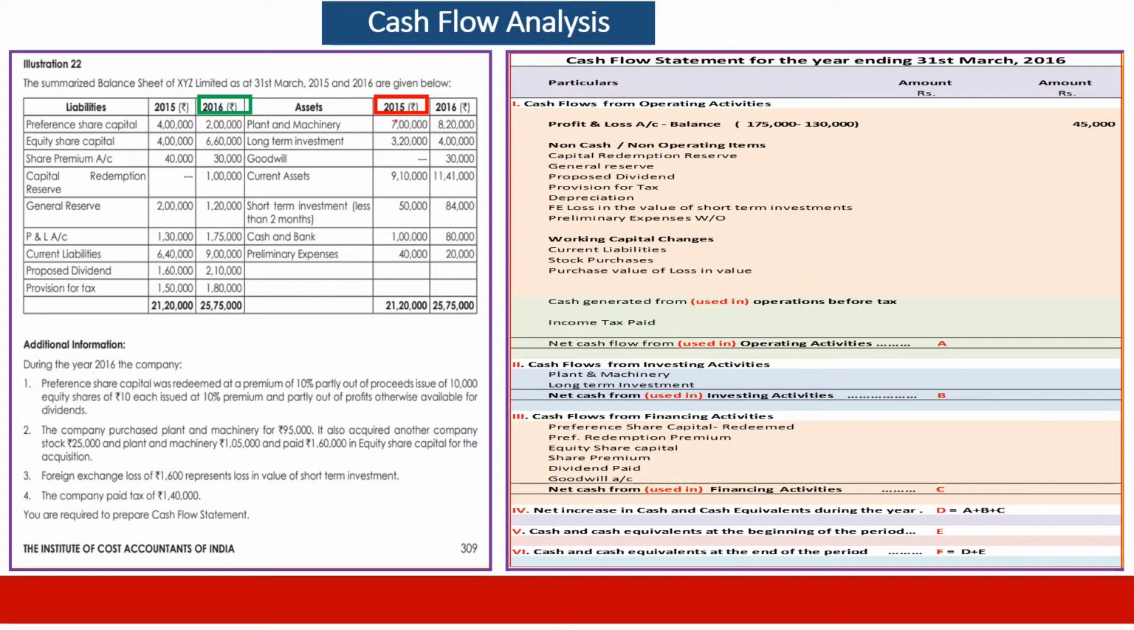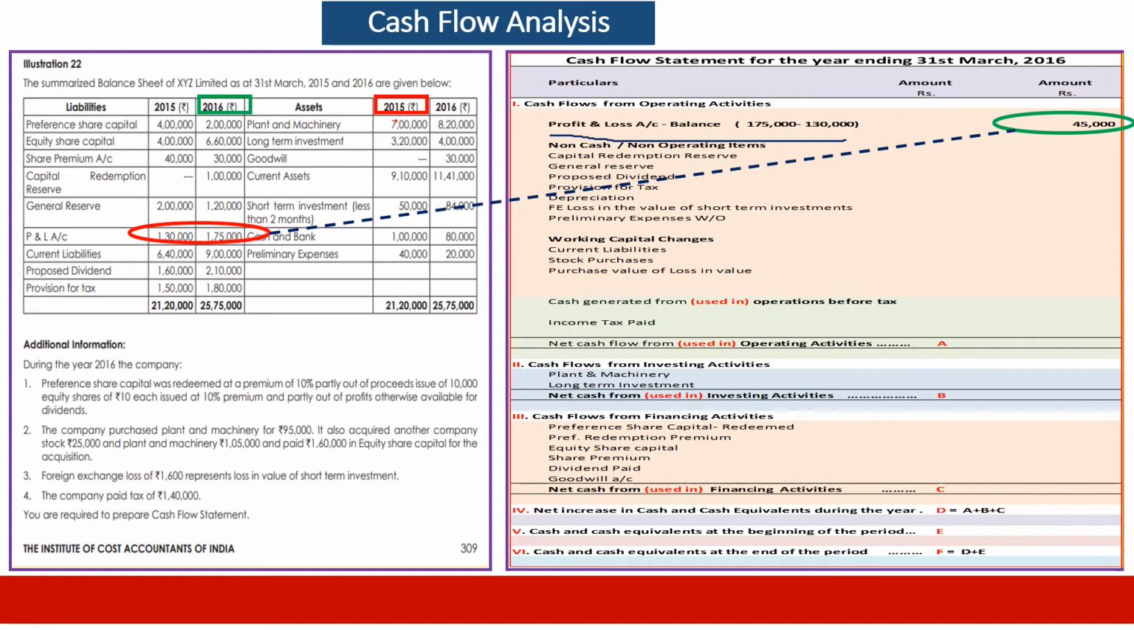Now we are at the starting point. We normally start with the first item in the workings, the profit and loss account balance. How do we do that? Opening balance of 1,30,000, closing balance of 1,75,000. Profit and loss account has an additional profit of 45,000 during the year. The difference between the 2 balances, we put it here. That is the first item of entry, the profit and loss account, as shown under the first item in the cash flow